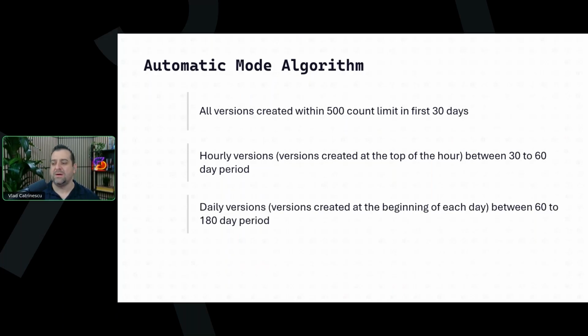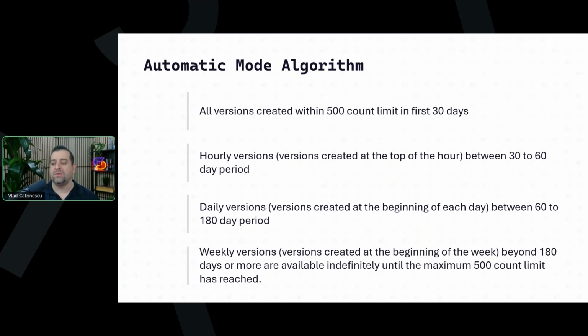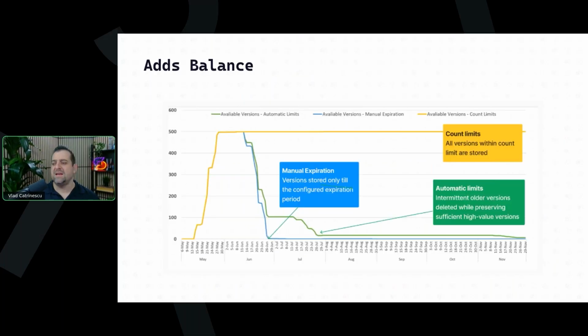Then 60 to 180 days, we will keep 1 version per day. And after 180 days, we will keep 1 version a week, up to the maximum of 500. So if a document has been changed every week for 500 weeks, you'll still have 500 versions, but you're not going to have a single file that has been modified 500 times in 30 days and then never ever touched again, still keep those 500 versions. So I really find that it adds a nice balance to having the 500 hard limit